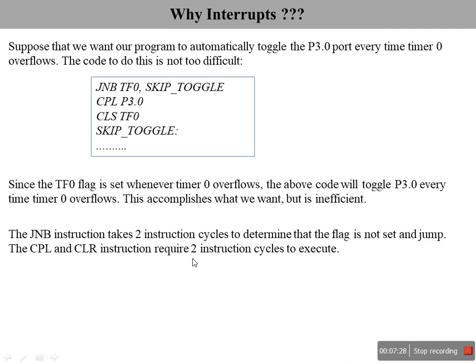In addition to these four machine cycles, your microprocessor continuously checks whether this condition is met or not. When it is met, it does a certain task. When it is not met, it does some different task. So your microcontroller is continuously monitoring whether that condition is met or not.